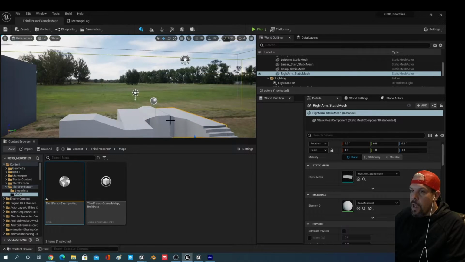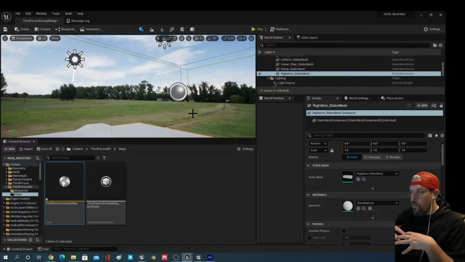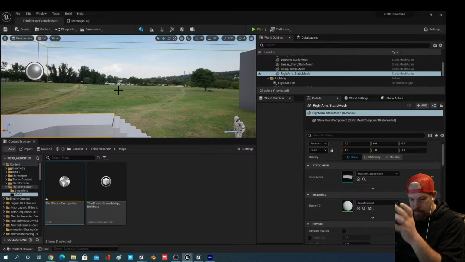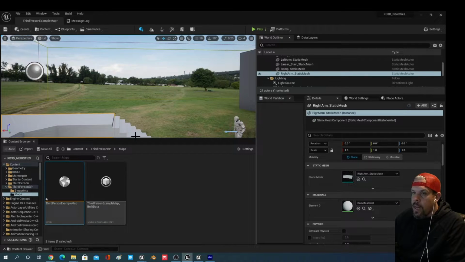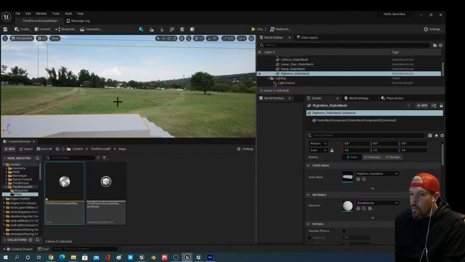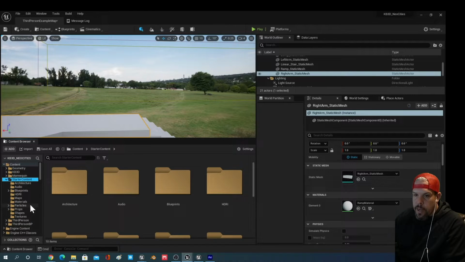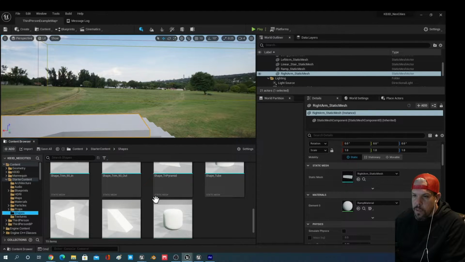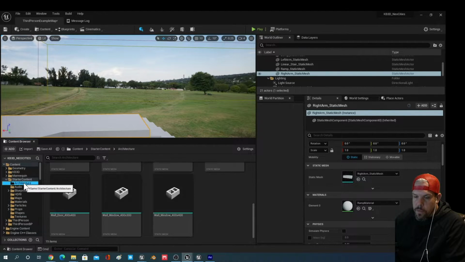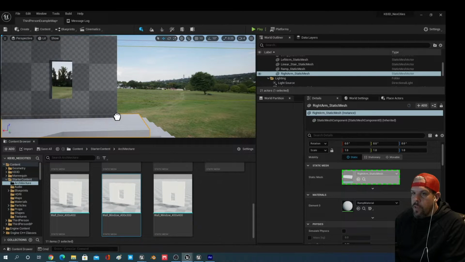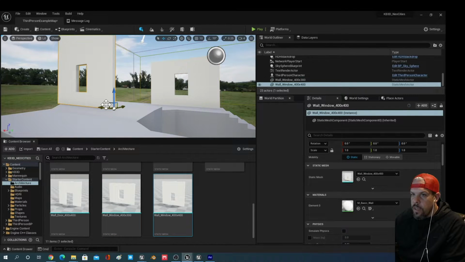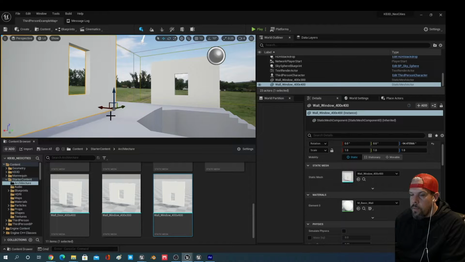Really, a lot of these HDRIs, the purpose is to create an atmosphere and a backdrop for one of your scenes. So if you were doing a video take here, this is all static and you can have the actor moving. Where it's really useful is, we pulled in some of the starter content, and in here, in shapes, is it in shapes? Where there's walls. Oh, here, architecture. We've got these window assets. So if we put together a makeshift little building here by dragging some of those in,